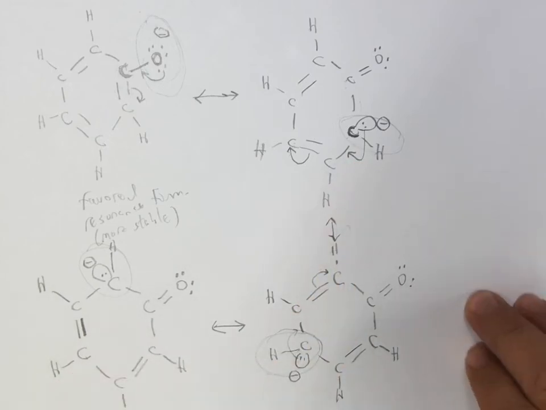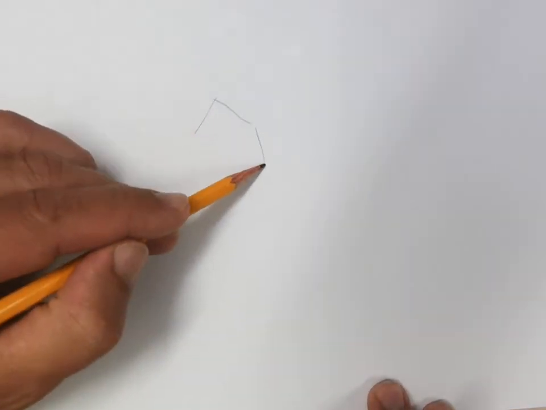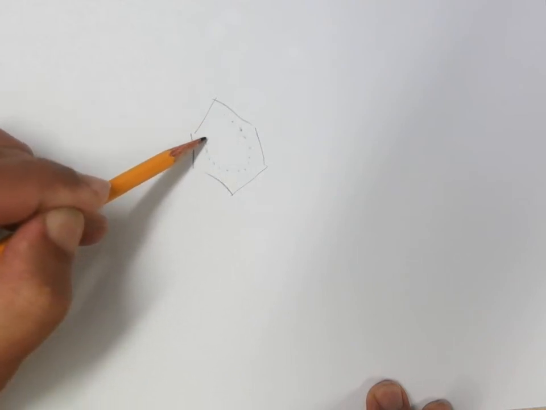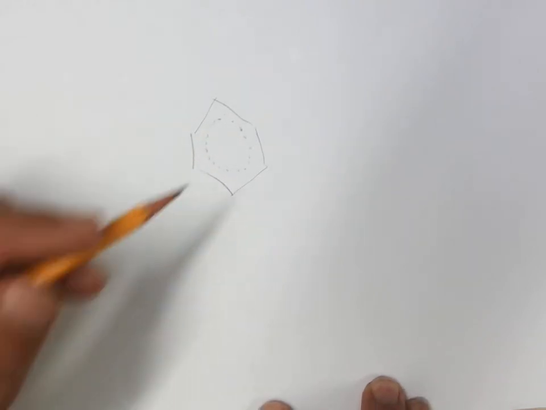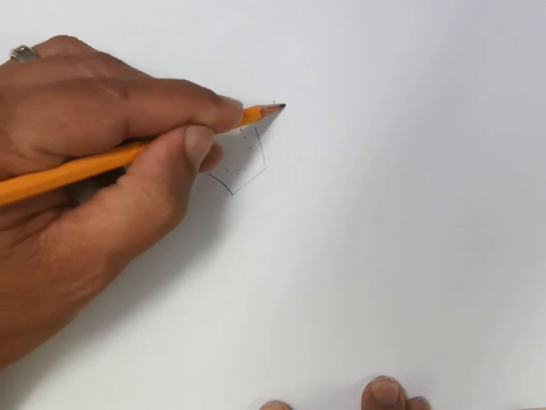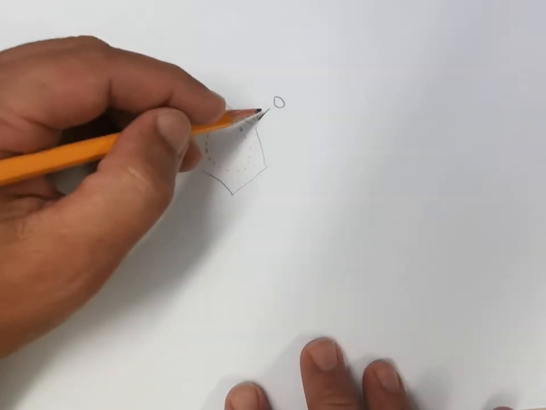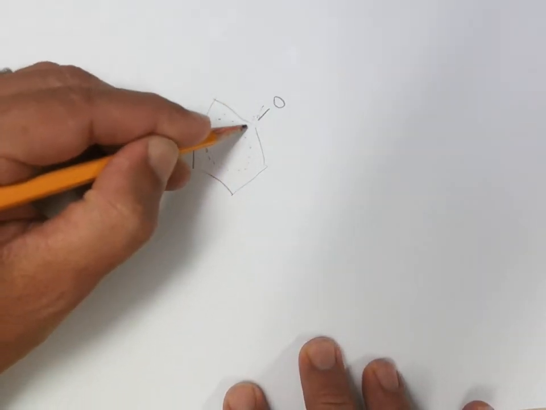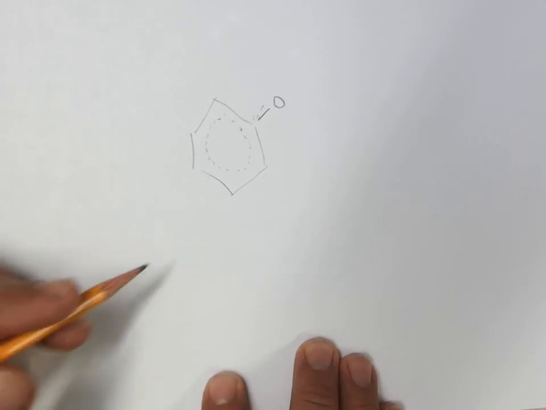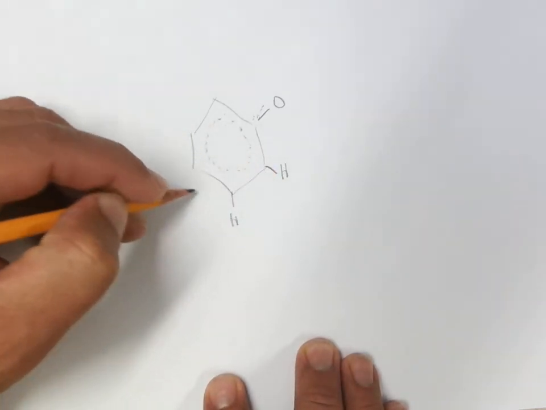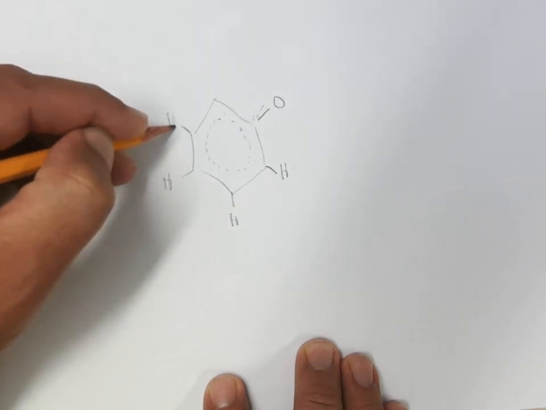Now, I've mentioned before there's something called the resonance hybrid, which in general I don't really like, but it shows that there's electrons moving around the ring and out to the oxygen. So these pi system electrons are moving all around the ring and to the oxygen. I can't tell from the dashed line how many electrons are in the structure,